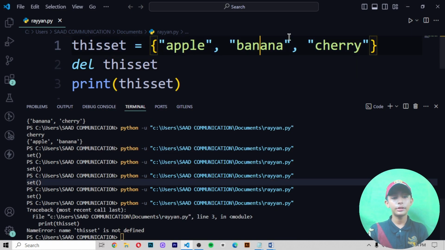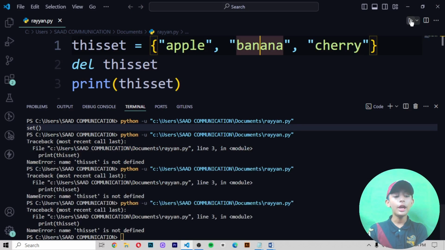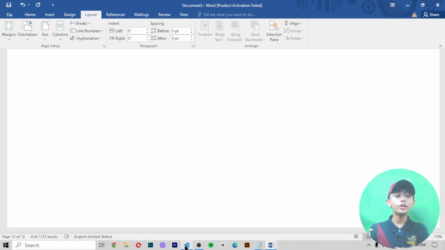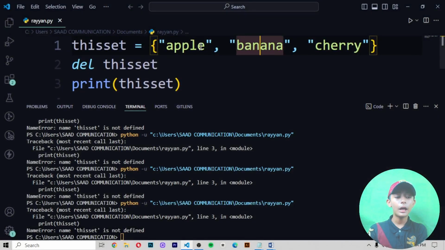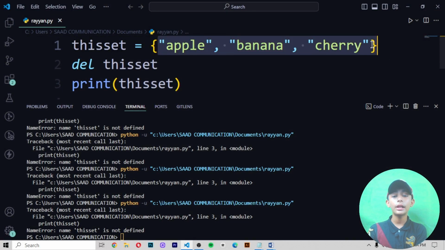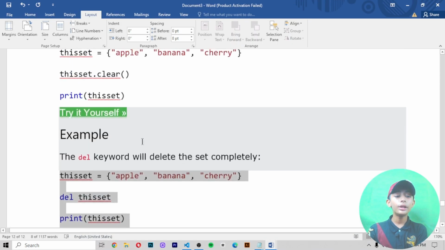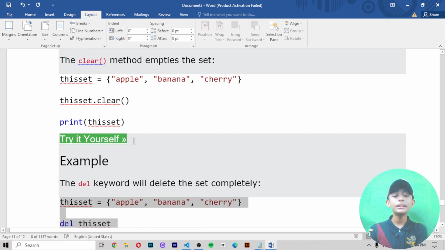Here you can see it. Save it, and then it should give you the error. Why? Because your set has been deleted. So what output will it give you? Here you can see it gives me a name error: this set is not defined. Why? Because I wrote the del keyword here. Using the del keyword, you delete the set completely.